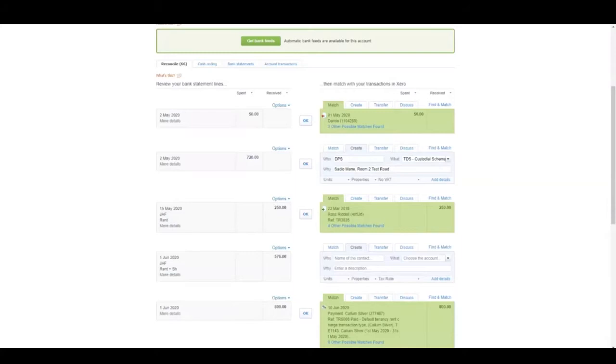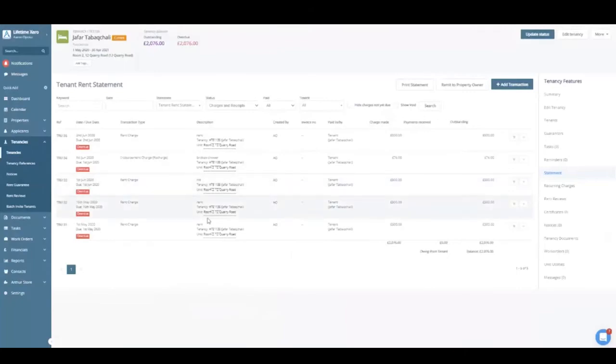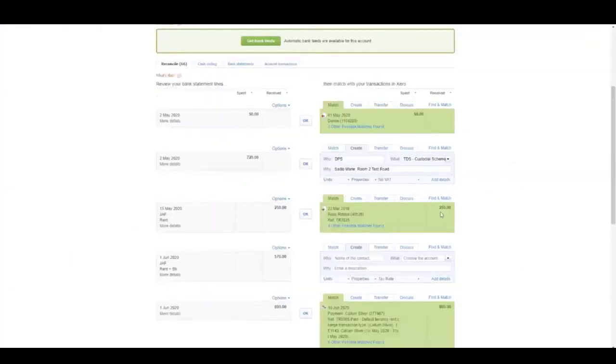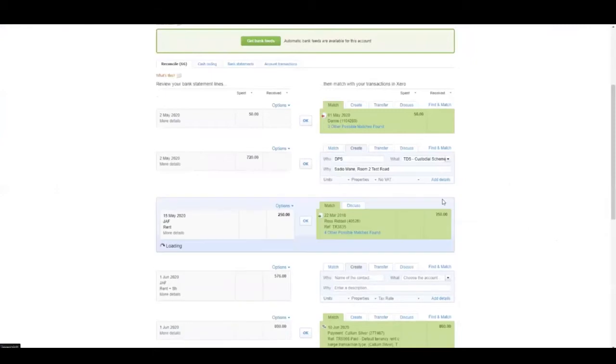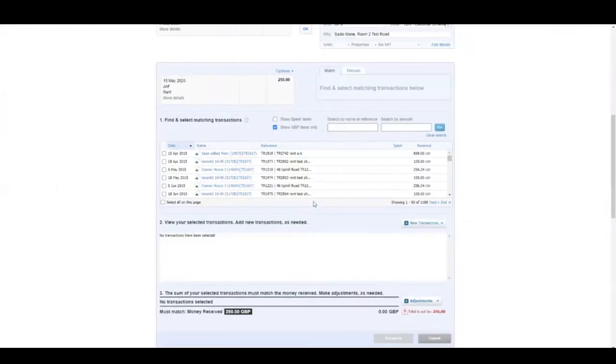Next transaction we're going to be looking at is this 15th of May £250 received transaction on my statement. But if we look at the tenancy statement on Arthur, we can see that on the 15th of May, the rental invoice for that period was £500. So it looks like the tenant has only paid half of their rent this time. So what we're going to do to settle this is go to Find a Match. It's going to bring us to the Find a Match screen where we have a search bar and transactions here in this first box. I'm going to input my tenant reference